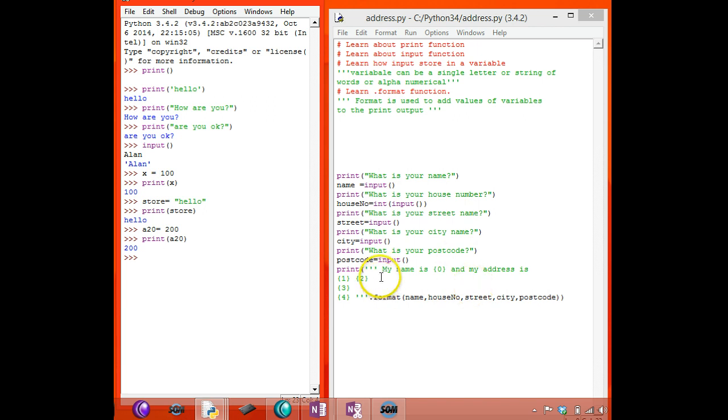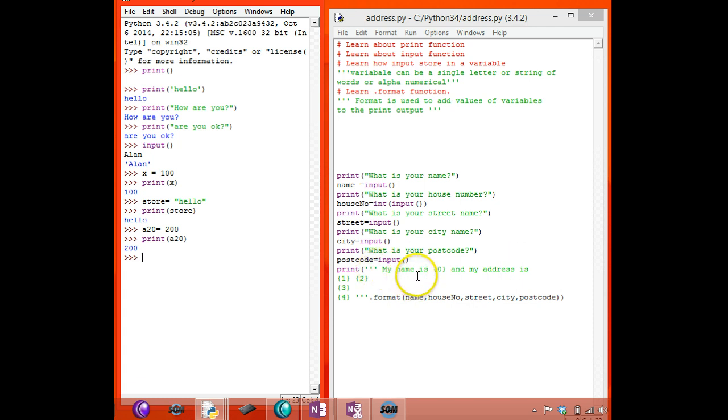Normally what we use is a single quote or a double quote. If you are using a single quote or double quote, the whole thing has to be on the same line. It will keep going and be a very long line. You can't even see it. That's why I have used the triple single quote.